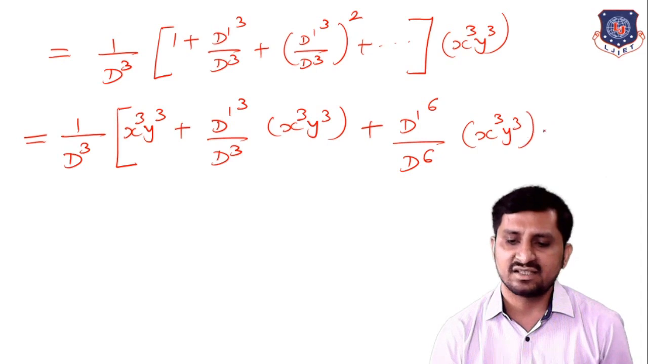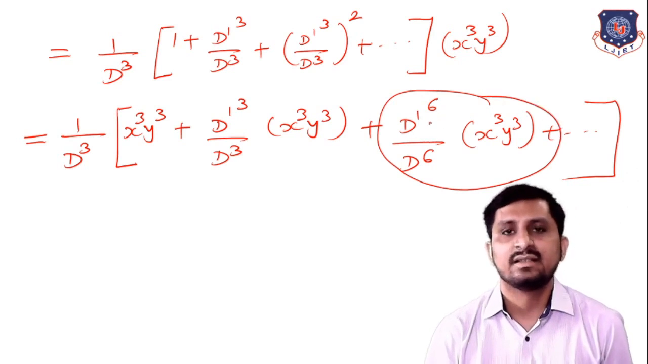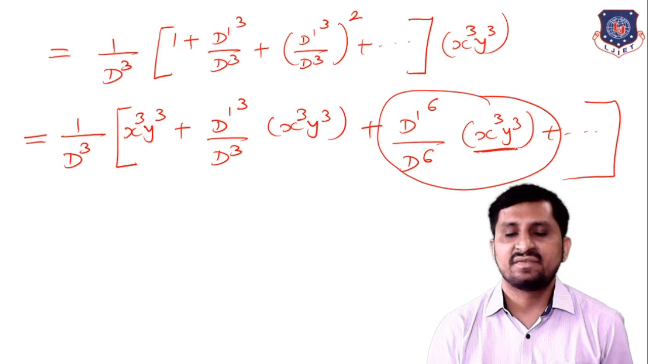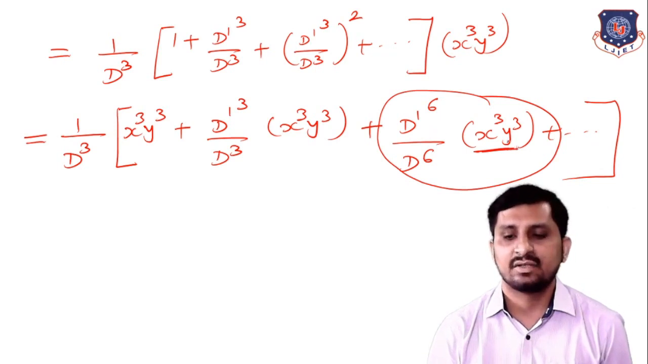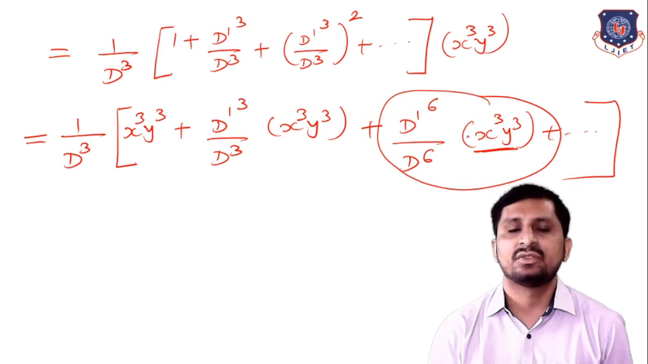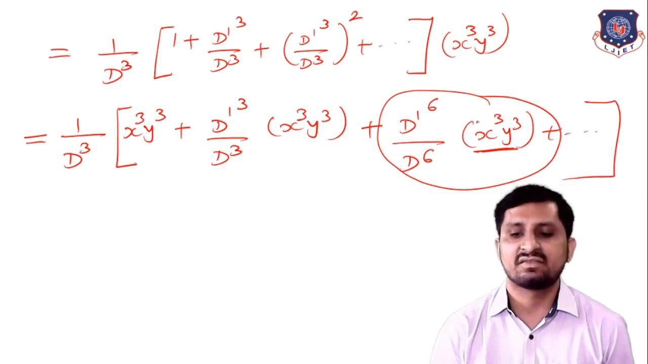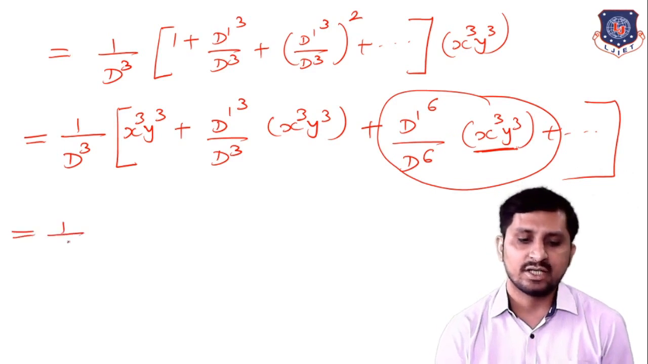But from this term, all the terms become 0, because this means what? D dash raised to 6 means differentiation of this function with respect to y 6 times, and we know that differentiation of y cube, only up to the third derivative we will get a value. From the fourth derivative the values are 0, so that's why from this term all the terms become 0. So that's why 1 upon D cube